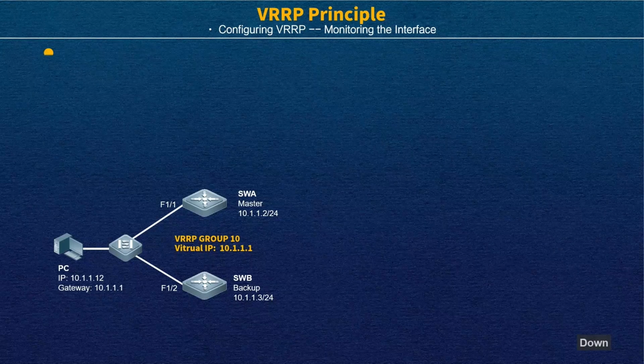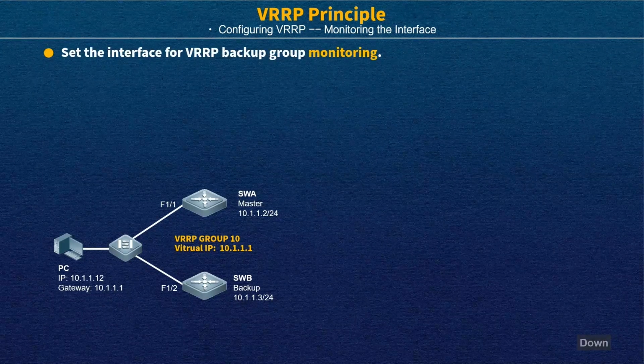And the next step, stop here. Basic VRRP can work. Of course, the physical links have to be connected with each other and within the same broadcast domain. But if you want to make your network more reliable, for example to detect an uplink failure, in this requirement you can add some monitoring configuration.